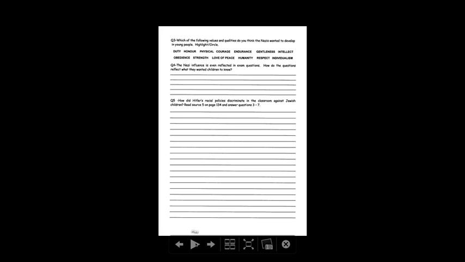Question 3. I would like the students to identify the qualities that the Nazis looked for in their students. Circle the correct ones. In question 4, it's already been gone through in the presentations, but I want to see how students understand how the Nazi ideology is reflected even in the exam questions. Using the textbook, there are examples, certainly in maths, of how mathematical problems are set in a military context. Again, slowly but surely brainwashing the children. And question 5 is a study of how the Jewish children were affected by Nazi changes in education.